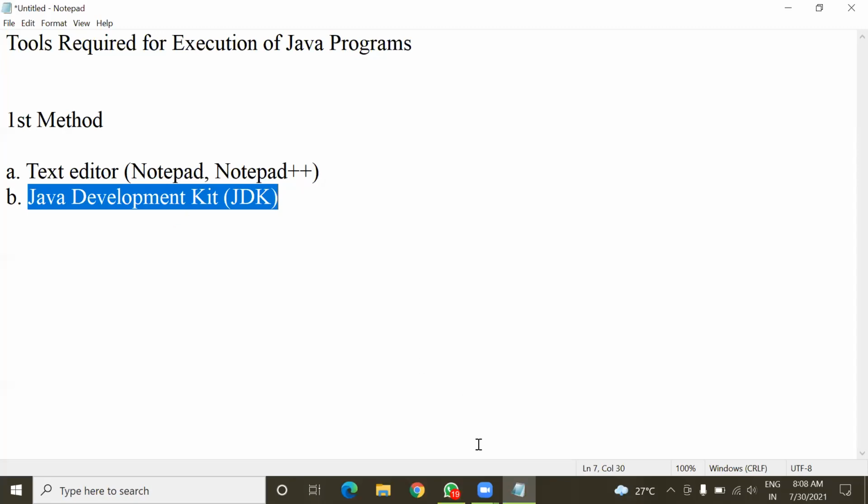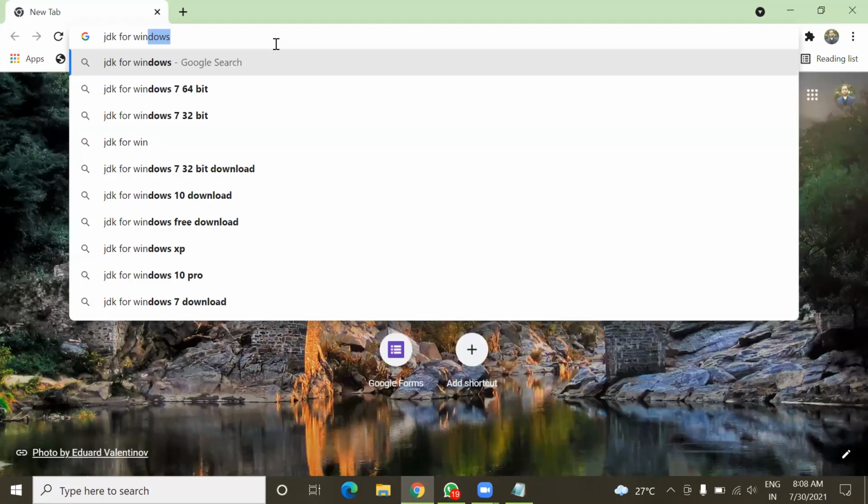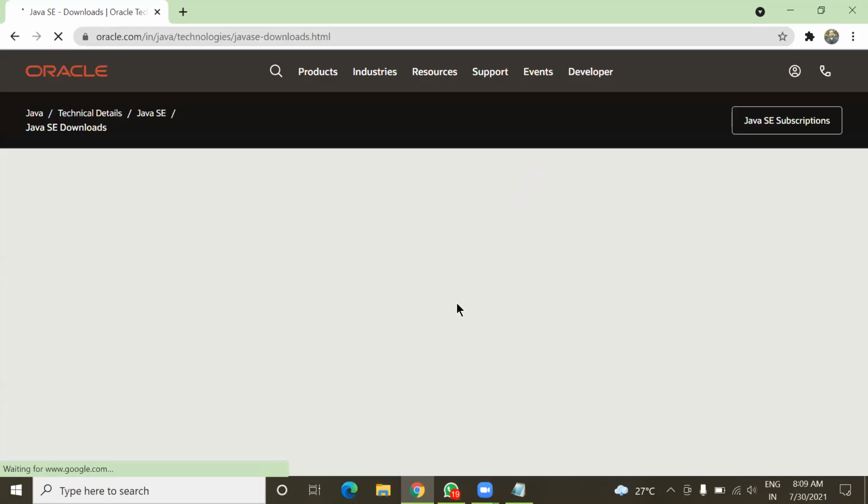You can download this JDK just by searching here JDK for Windows. The first website you will see here is oracle.com. Oracle develops the Java Development Kit, so from this website you can download JDK and install it.